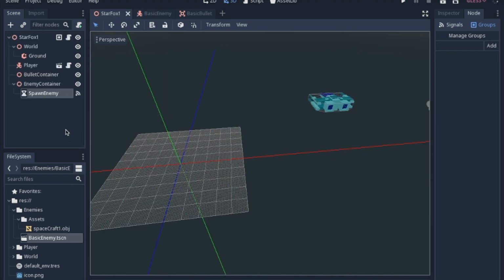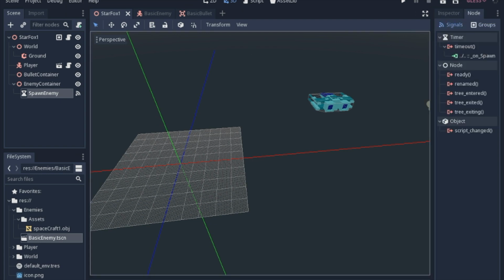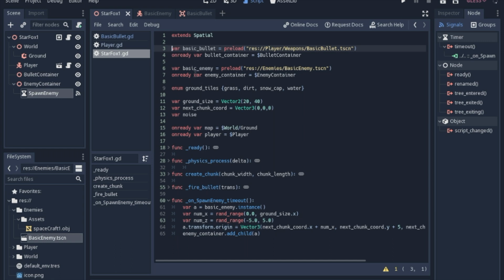So the next thing I did was I went over to the main game and I made an enemy container where we will place them, and a timer that is going to spawn enemies every 5 seconds or whatever we choose. And I connected that signal of timeout to the script of the main scene. We have to add a reference to the enemy scene. So we preload the basic enemy scene, and also a reference to the enemy container where we're going to put it. When the timer times out, we're going to make an instance of that enemy,